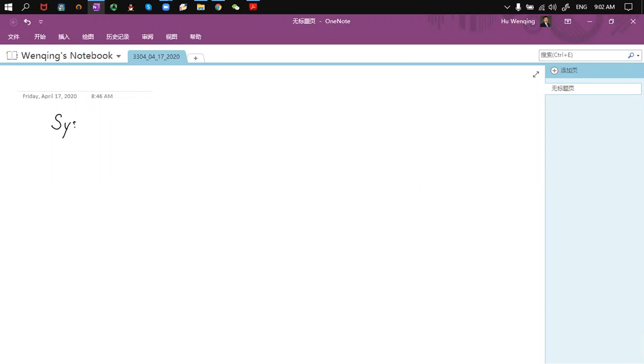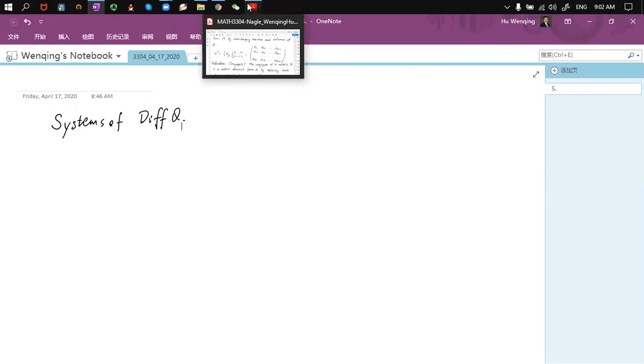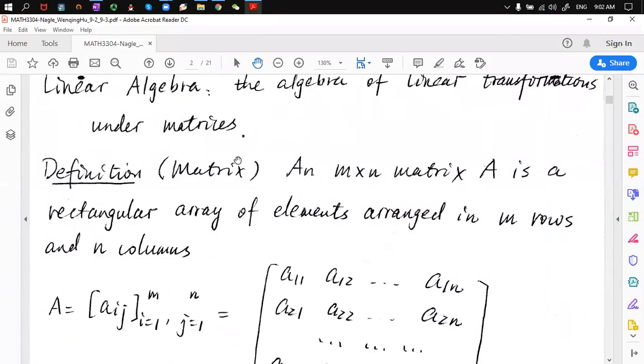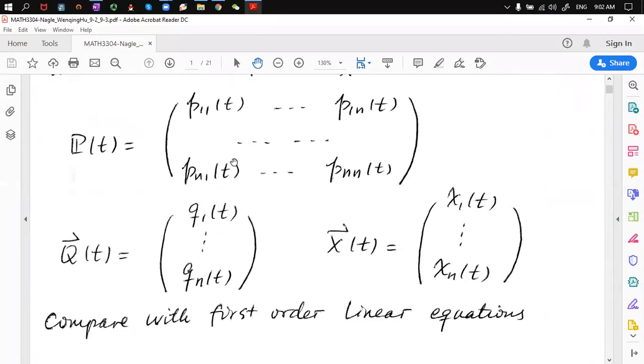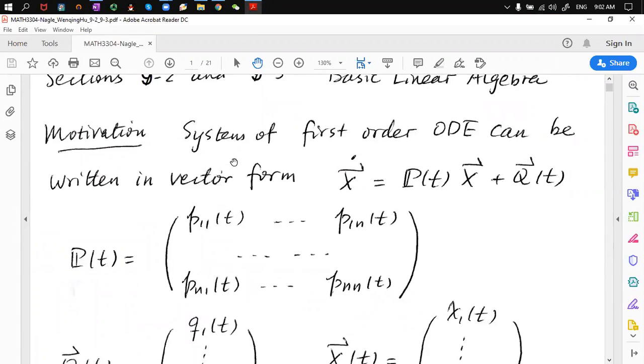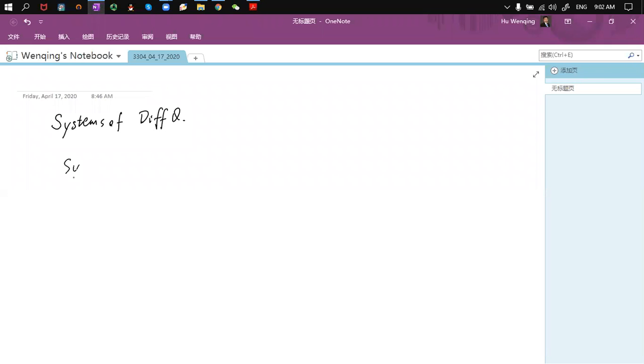We've been talking about systems of differential equations. In particular, we have seen that if you have a system of linear ODEs, so systems of first order differential equations, it can be written as the following equation, d by dt of x1, x2, up to xn is equal to a matrix p11 of t up to p1n of t,